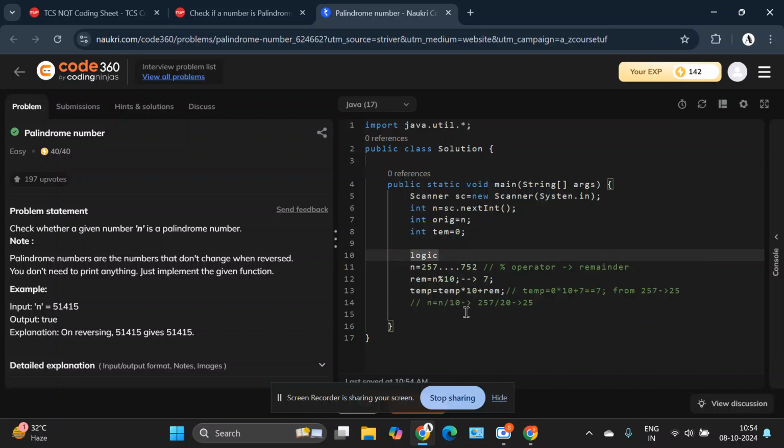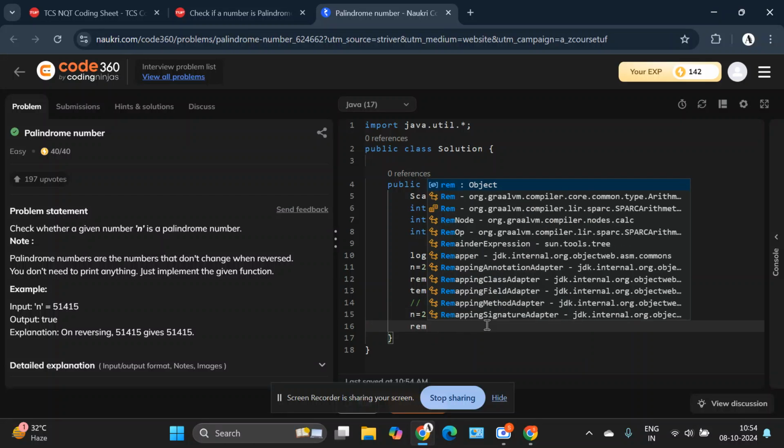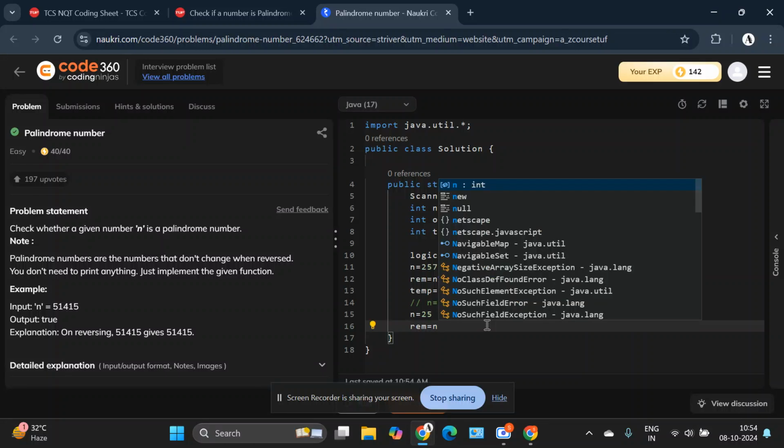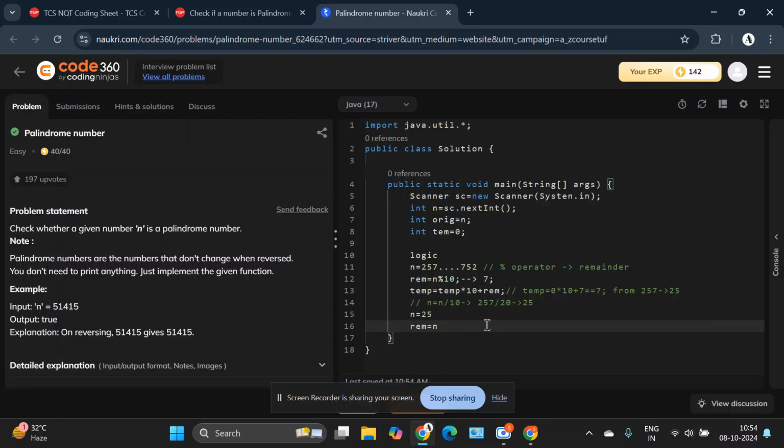And so on the next iteration number becomes 25. Okay, and again I will do the same step, that is remainder equal to n modulo 10, which will produce the output 5. That is, the remainder we have got from this n equal to 25 is 5, and we will now update the